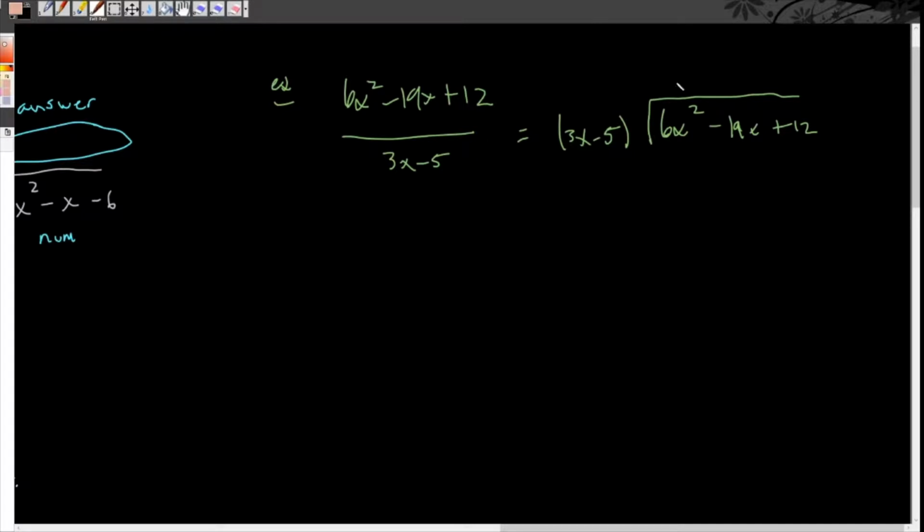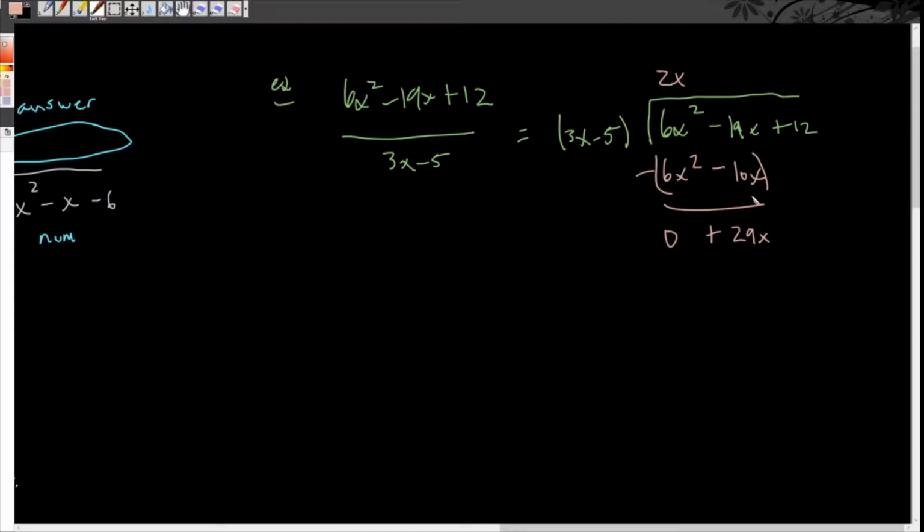So I'm looking at 6x squared. Something times 3x gives me 6x squared. Well, let me look at the 3 first. To get 3 to 6, I need a 2. And to get x to x squared, I just need an x. So 2x times 3x is 6x squared. And 2x times negative 5 is minus 10x. Subtracting this off. So these 6x squared minus 6x squared is 0. That's good. Negative 19x plus 10x is